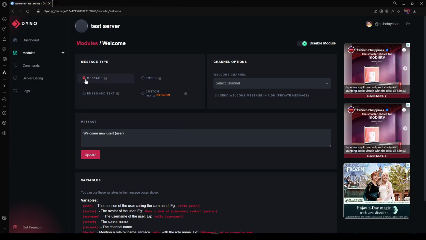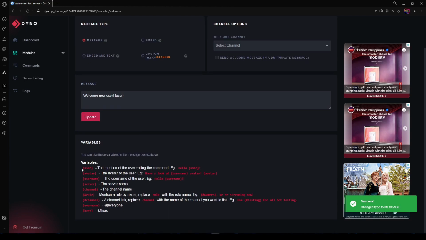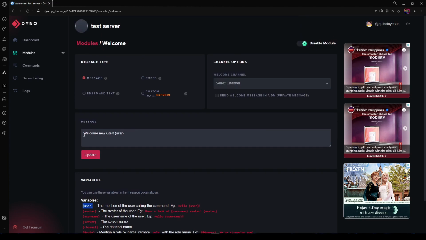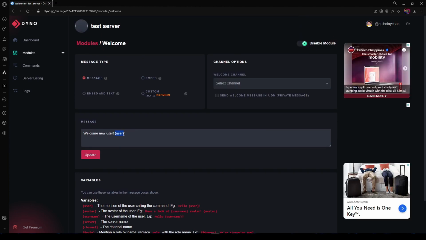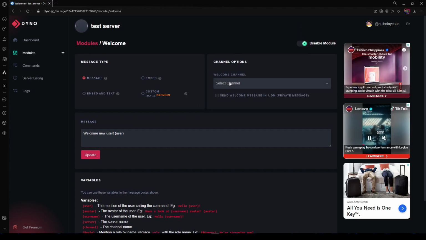Here on Dino, we click on message because we want a welcome message to greet the new user. Here we have our variables down here in what we want the bot to do. So for me, I'll just use user, and this will mention the user whenever they join the server. So here we type in welcome new user and then the variable user, and then we go to channel, click